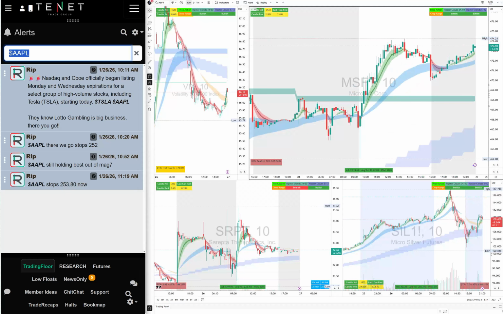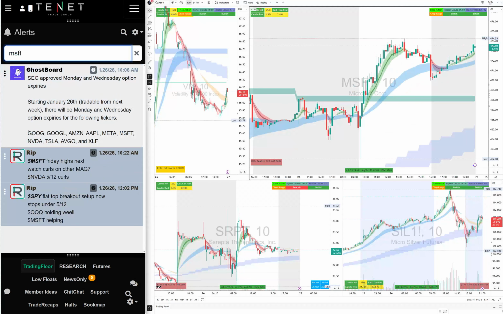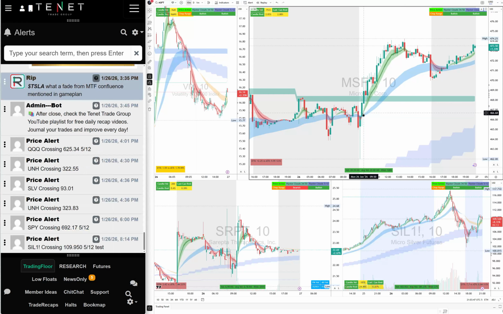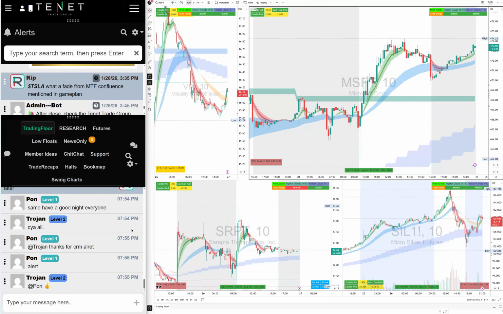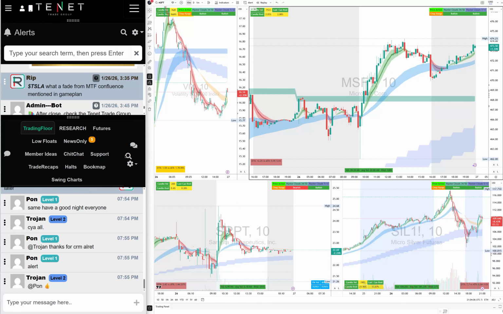Microsoft was similar. Microsoft was over Friday highs. I told the traders to watch the curls on Mag 7s breaking the MTF clouds. You buy here, put your stops on the clouds. Breaking over the MTF cloud, you hold it. And this is where we had a breaking news alert. I tweeted about it as well, that Microsoft is making its own chip, and then it really ran from that news in our community that we caught, and it ran from there as well.